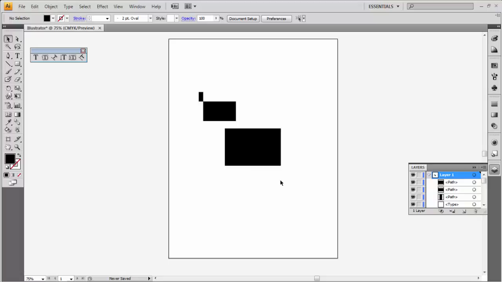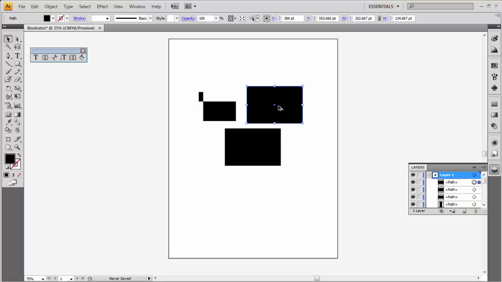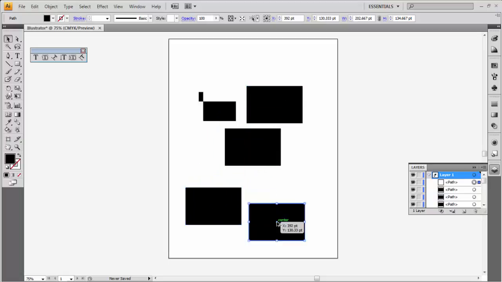To duplicate those objects, do the following. First, select the object you wish to duplicate. Second, hold the Alt key for the Windows PC and Option for the Mac OS on the keyboard as you click and drag the object. Alt, drag. Once you release, a duplicate will show up where the object has been moved. Duplicates.